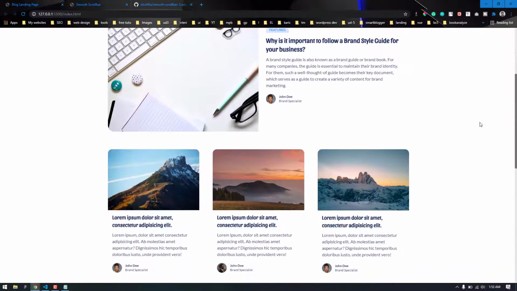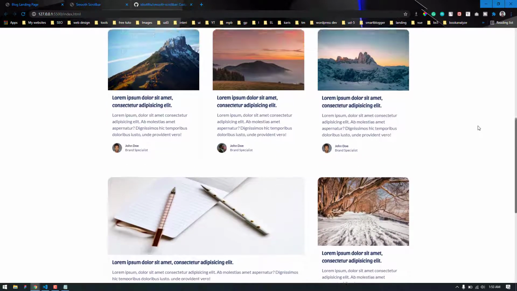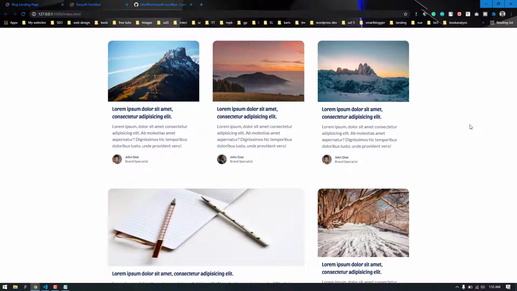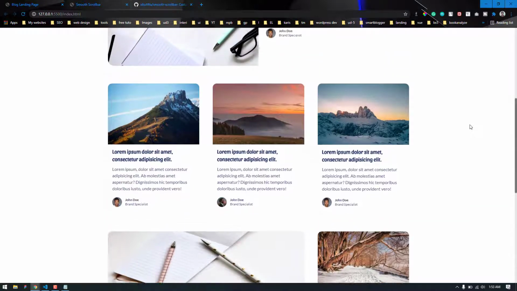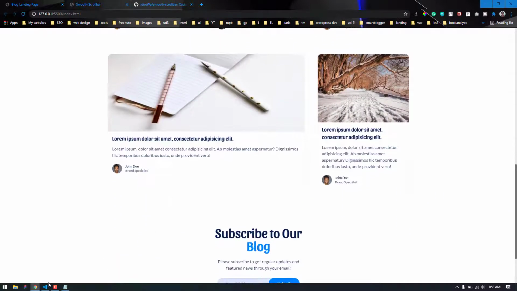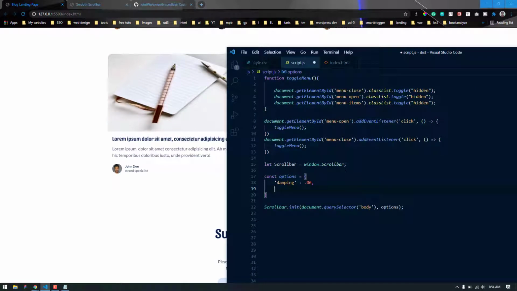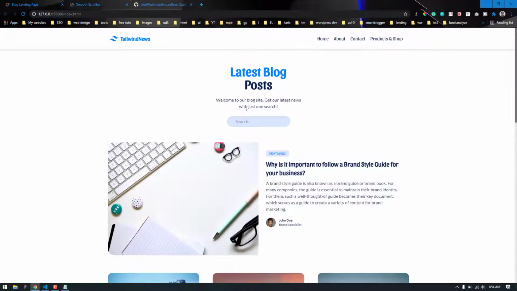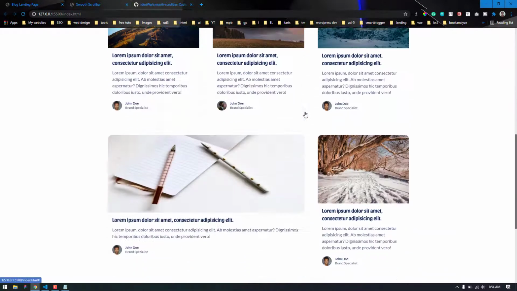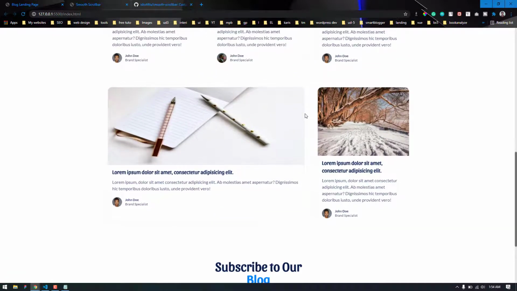Now let's talk about some other properties. While scrolling, the scrollbar is visible here, but if we keep it idle, the scrollbar is gone. Now if we again try to scroll, it will be visible again. So if we want to make this totally visible all the time, we can add an option with it. The option is alwaysShowTracks. By default it is false. So let's try alwaysShowTracks, and let's make it true. Now it will be visible the entire time. Even if we keep it idle, it will not be invisible.